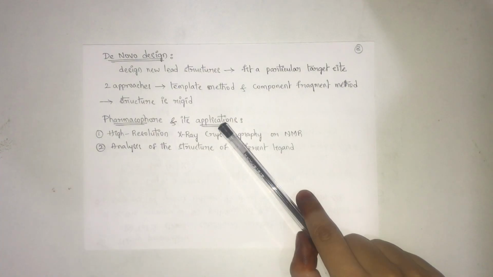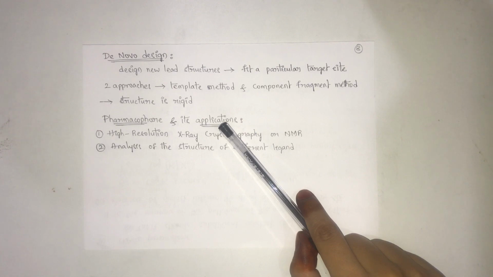Pharmacophore and its applications. The pharmacophore of a biologically active ligand is the three-dimensional geometric positions of the groups of the ligand that form a unique pattern recognizable by the receptor, which is believed to be responsible for the ligand binding to and activating the receptor. These groups may be some distance apart in the structure of the ligand.